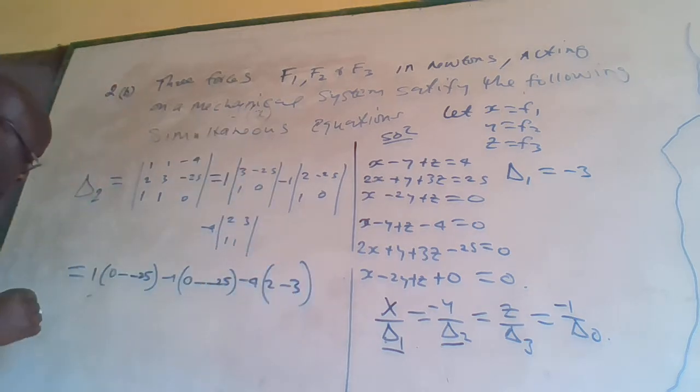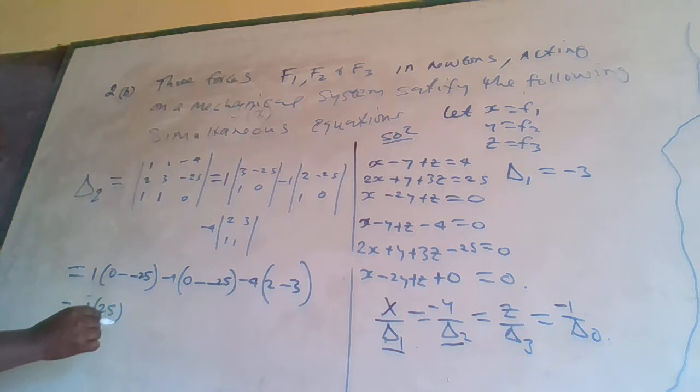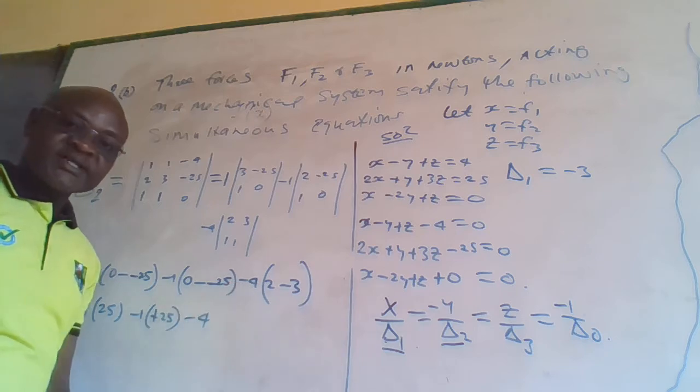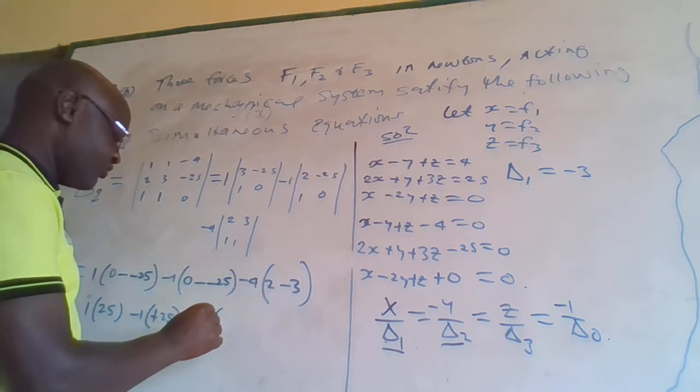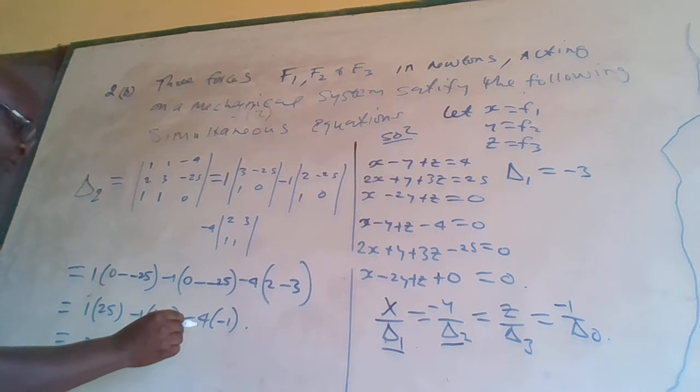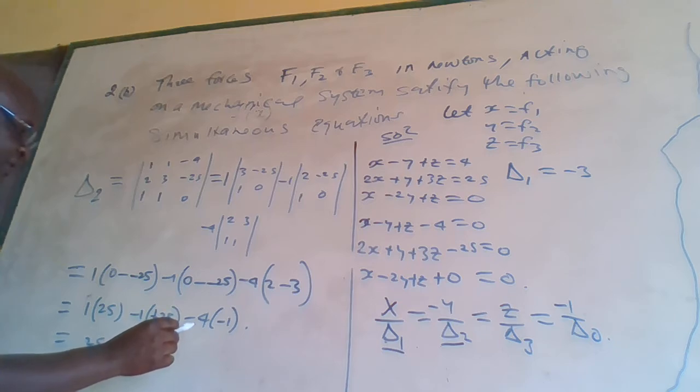So this equals 1 into, this will be positive, minus and minus, we have 5, then minus 1 into, this will be positive, so plus 20, 25, then we have minus 4, 2 minus 3, we have negative 1, where here we have 4 in negative 1. So this equals 25, minus 25, minus 25, then negative 4,